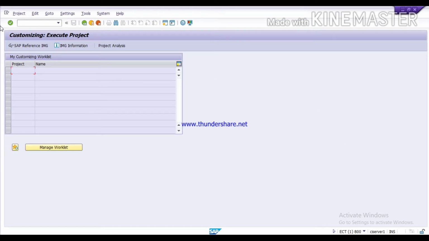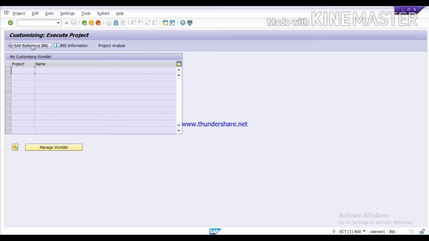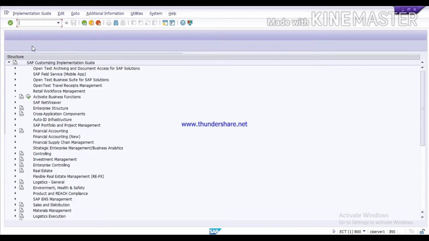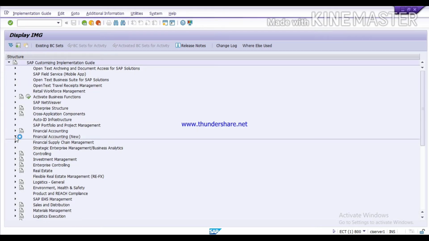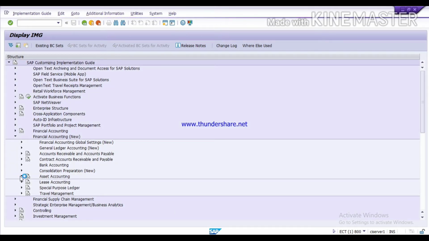The T code is EC08 and we will go through a path. Run the T code SPRO, click on SAP Reference IMG, then click on Financial Accounting New, then click on Asset Accounting, Organizational Structure. After asset accounting, click on organization structure.